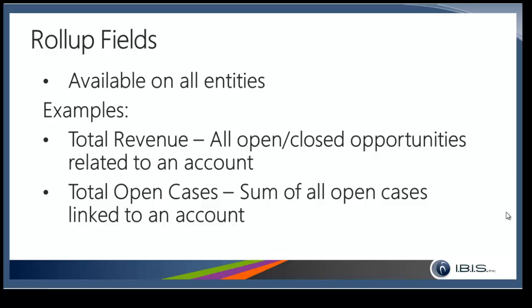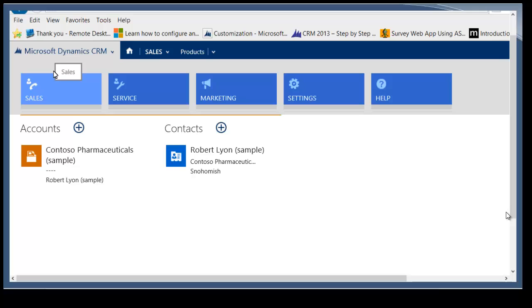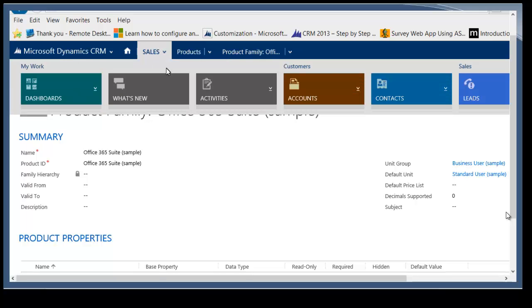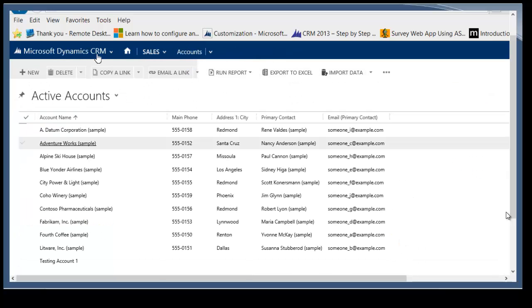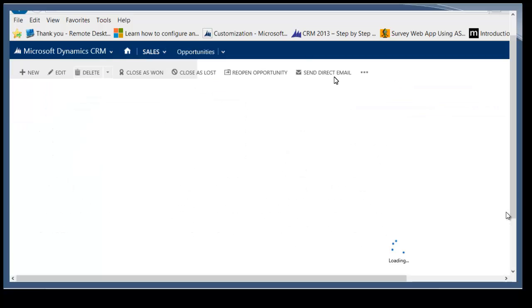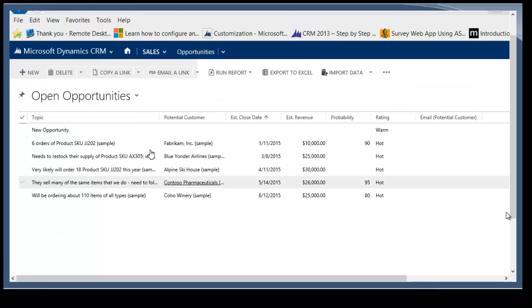If you're a service industry and you deal a lot with cases, then you can have a field which gives you a total number of the open cases, which compiles all the cases that are tied to that account. Let me give you a demo of that as well. So here, we see about 6 opportunities, and we have one opportunity that's tied to Contoso